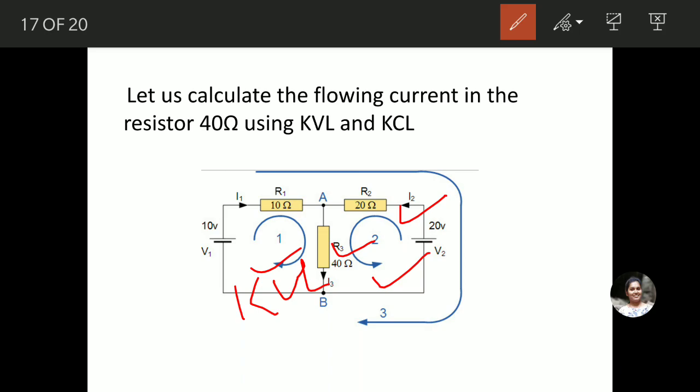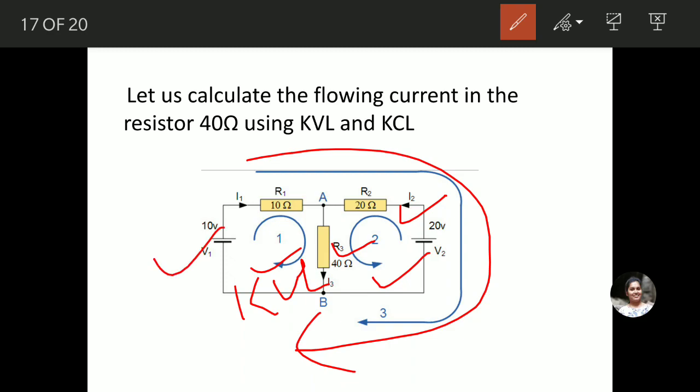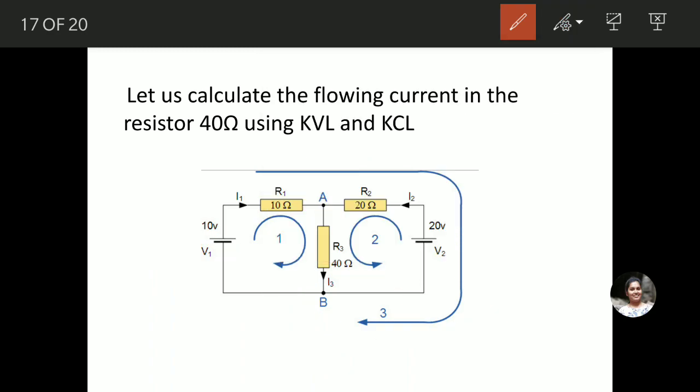And the voltage in the total loop. This is loop 3. So the total voltage in loop 3 can be written as 10 volts minus 20 volts is equal to 10 I1 plus 10 I1 plus minus 20 I2. As I3 is the sum of I1 plus I2, we can write the equations as 10